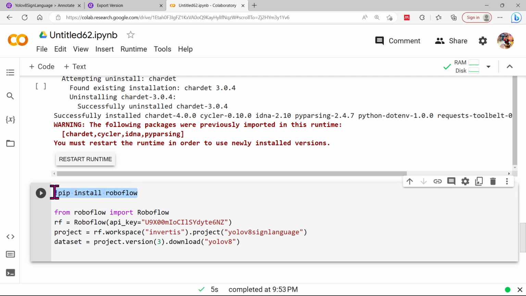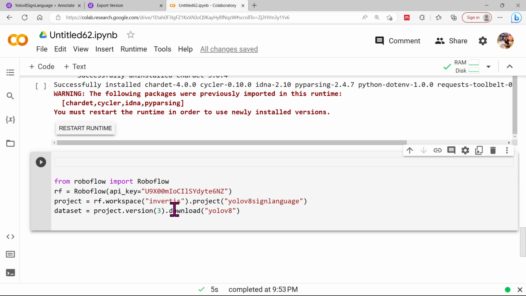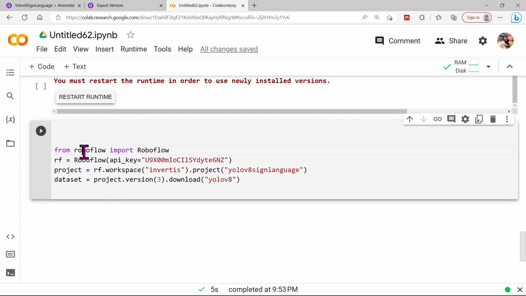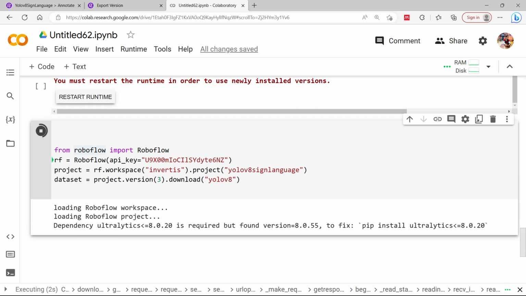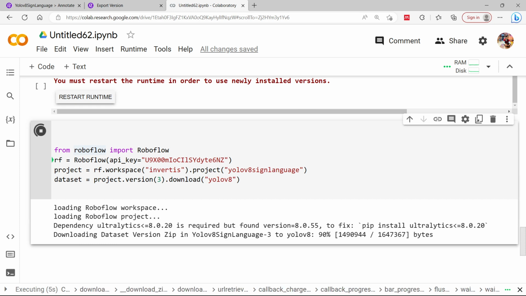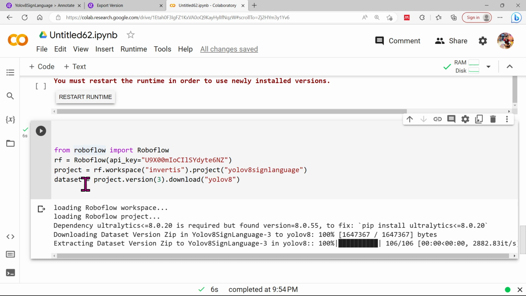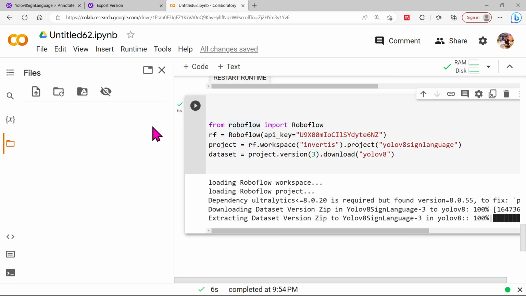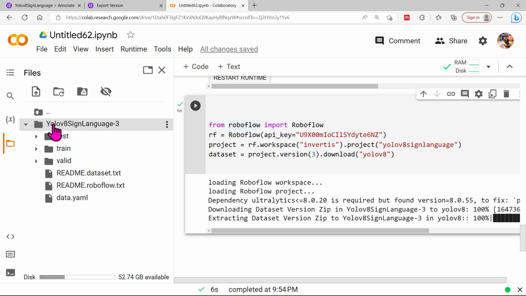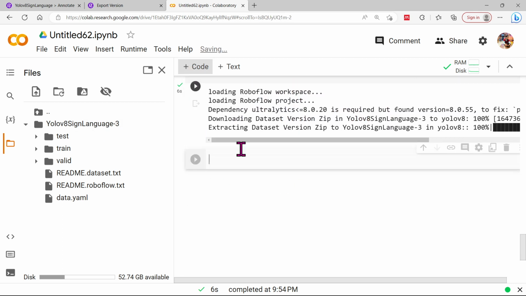here. So you can see I had already pip installed Roboflow. I'm not going to install it again, and this is my API key, workspace. This is the folder name and project, YOLOv8 sign language, and the version name. I'm going to run this code, and it will take time because requirements are going to install on your local machine, and the version is going to install on your desktop. So it will show over here. So all the files are just installed over here, sign language 3, and everything is just downloaded over here, right? So what I'll do, I'll go to the next YOLO,